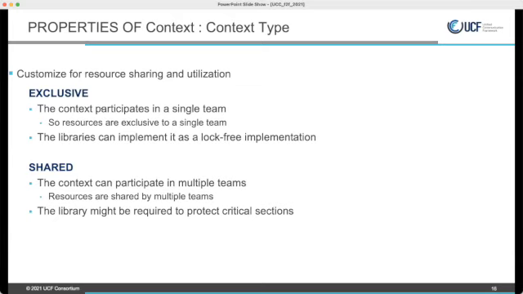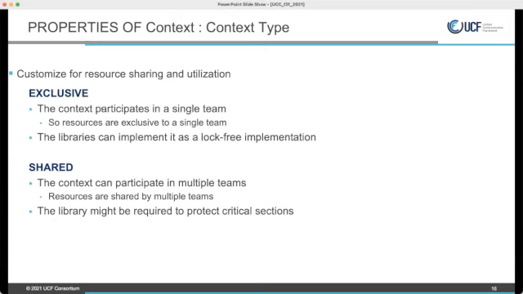When the user says it's creating an exclusive context, the library is now free to do a lock-free implementation. And of course, the user can create a shared context. In this case, typically you are sharing the context with multiple teams. In this case, the library might have to protect some critical sections.